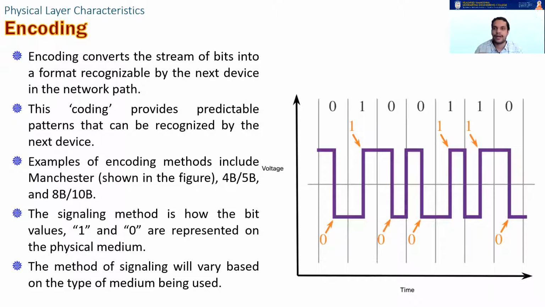So if I convert my data into something that has to be understood by the receiver, it is like if I want to say something to you, usually the best thing is if I show a red light, automatically the traffic will stop because the driver knows that red means stop, green means go. It's as simple as that. There are many encoding methods used by different types of networks. Some of them are Manchester encoding, which is usually covered as part of your computer networks course. You can also see 4B/5B, 8B/10B.